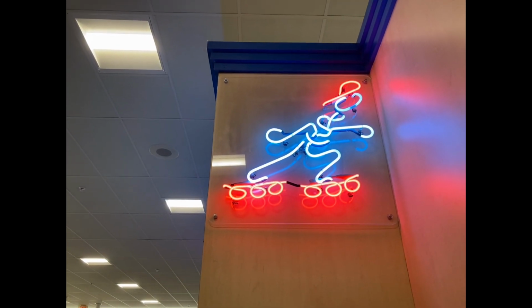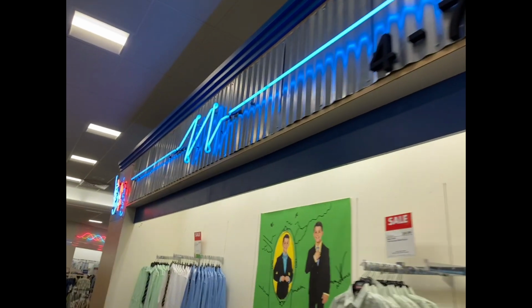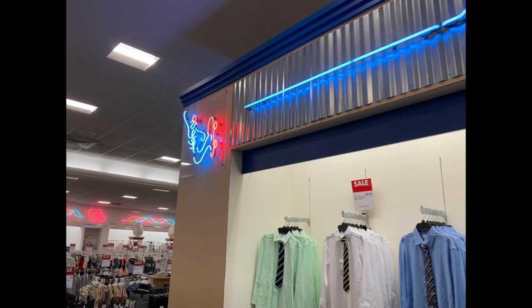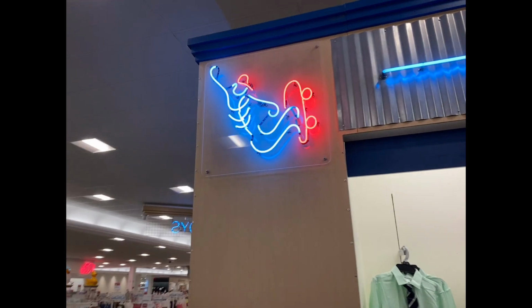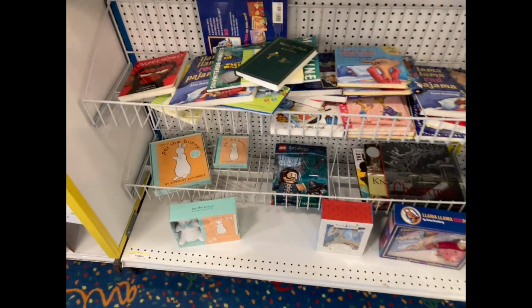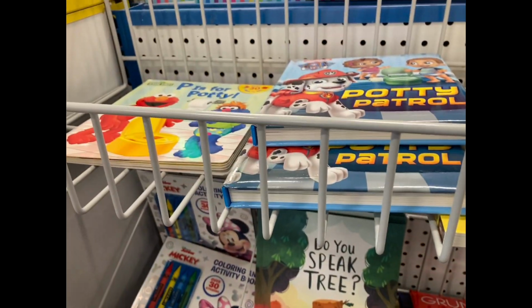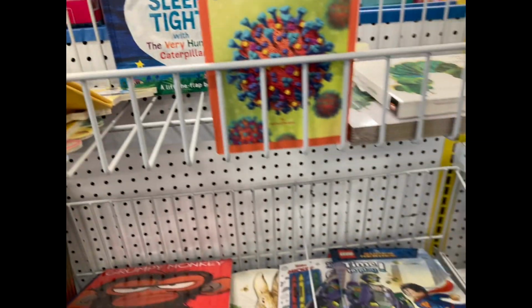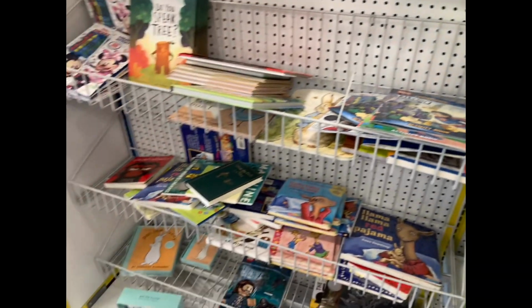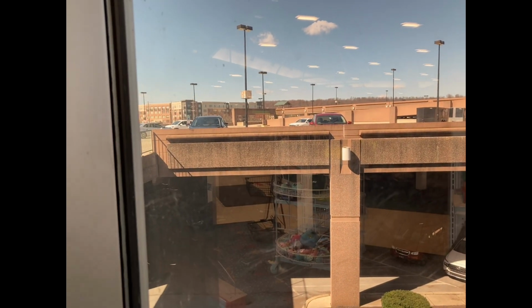I like that neon skating kid there. There's another one skateboarding over here, I believe. Yep. That is awesome. What kind of books do they have here? The book section at Park City is a little more organized than this one at the moment. Well, here we have some windows to the parking garage. Yeah, look, see, there's the signs for the...